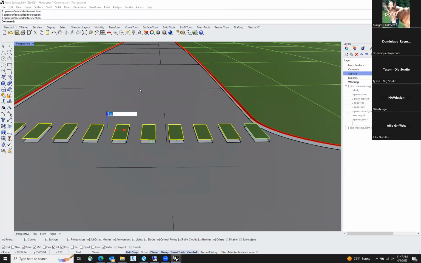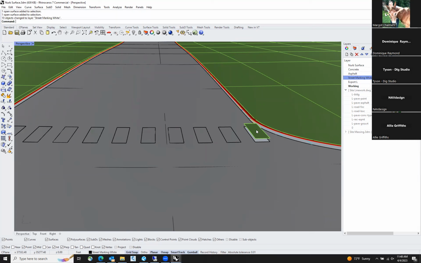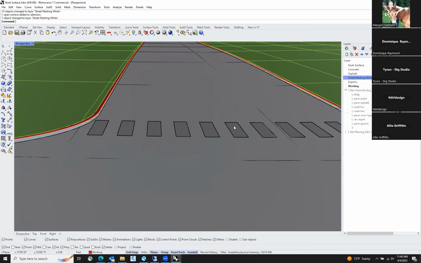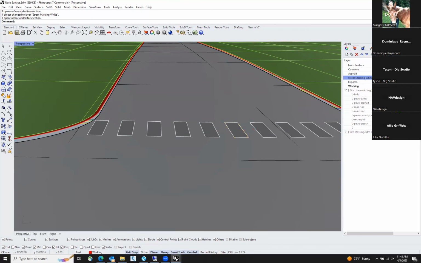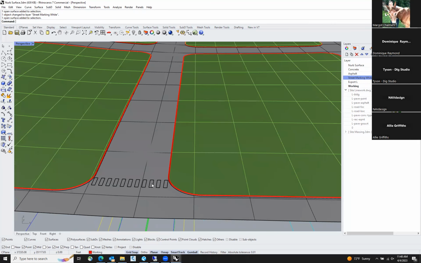I'm going to move those down 6 inches as well. Street markings white. Change object layer. And I'm going to change the display color on that so you can then see they are